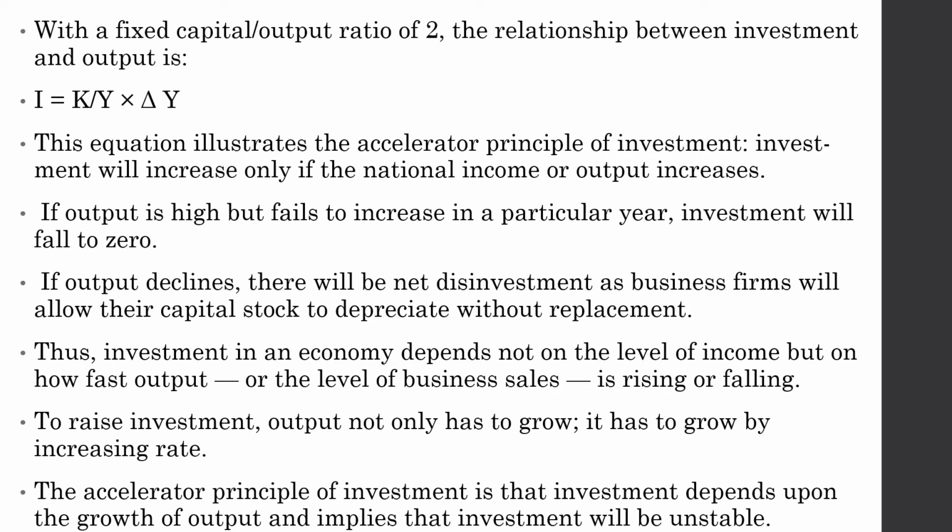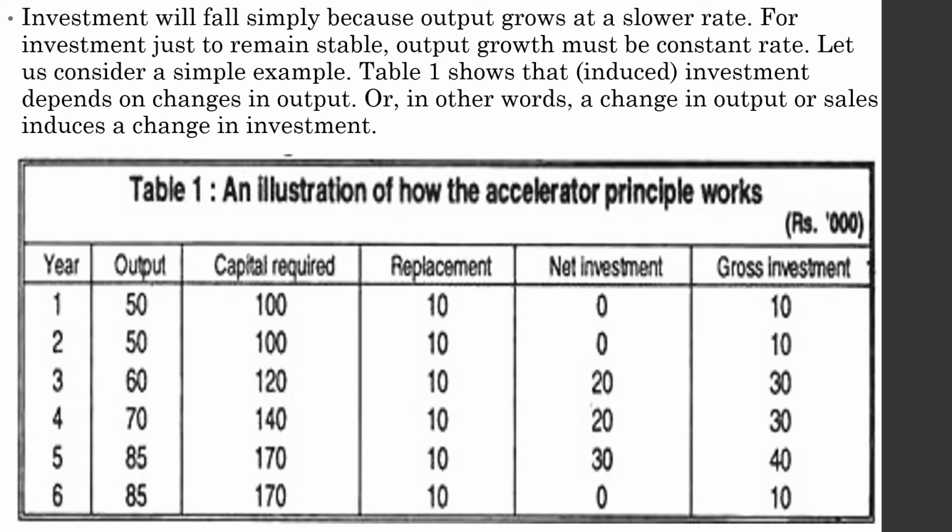Now, the accelerator principle of investment is that investment depends upon the growth of output, and this implies that investment is something which is unstable. These things are illustrated in the table given below. You can understand that investment will fall simply because output grows at a slower rate. For investment just to remain stable, output growth must be at a constant rate. So you can understand all these things from this table, and the table illustrates